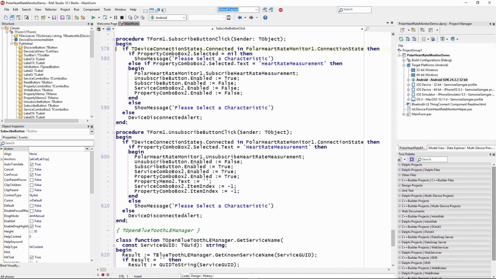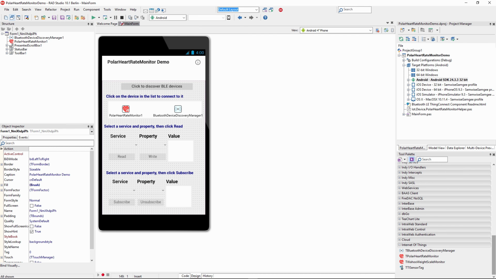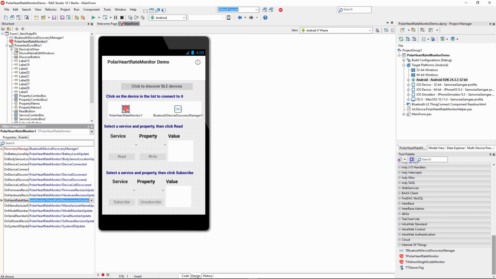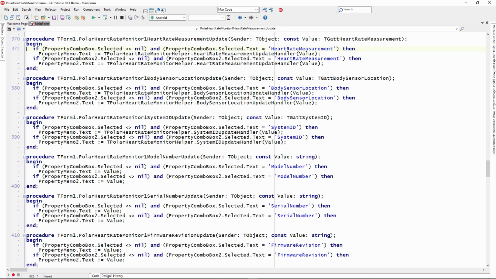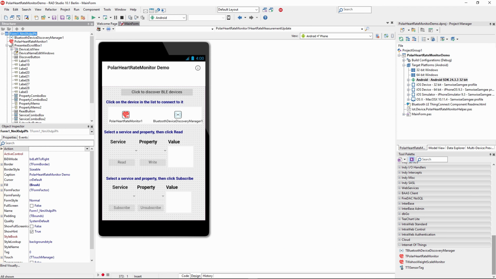While we're subscribing to the heart rate measurement, if we go back to the heart rate monitor, it has an event on heart rate measurement update. So if we see that event handler, it just goes into the little memo box, and it goes and gets the value from the update handler for the heart rate measurement. So that's how easy it is to start programming for the Internet of Things using the tools Get It Package